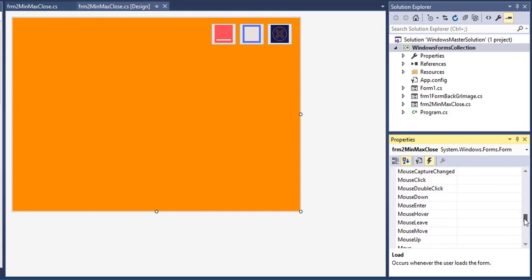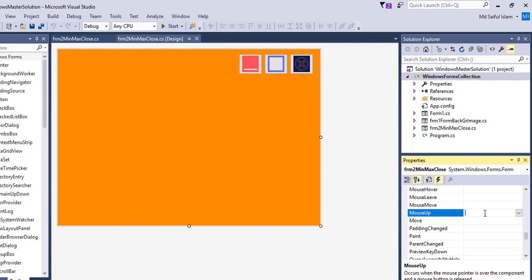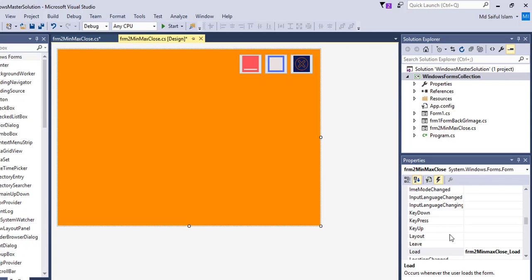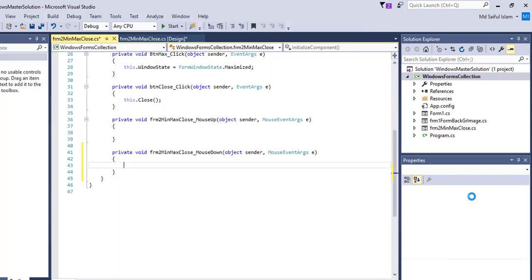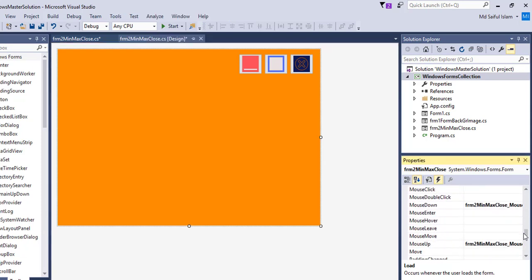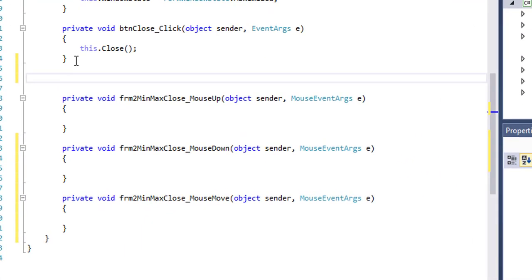The form's MouseUp event, MouseDown event, and MouseMove event. At first, I am declaring two variables,